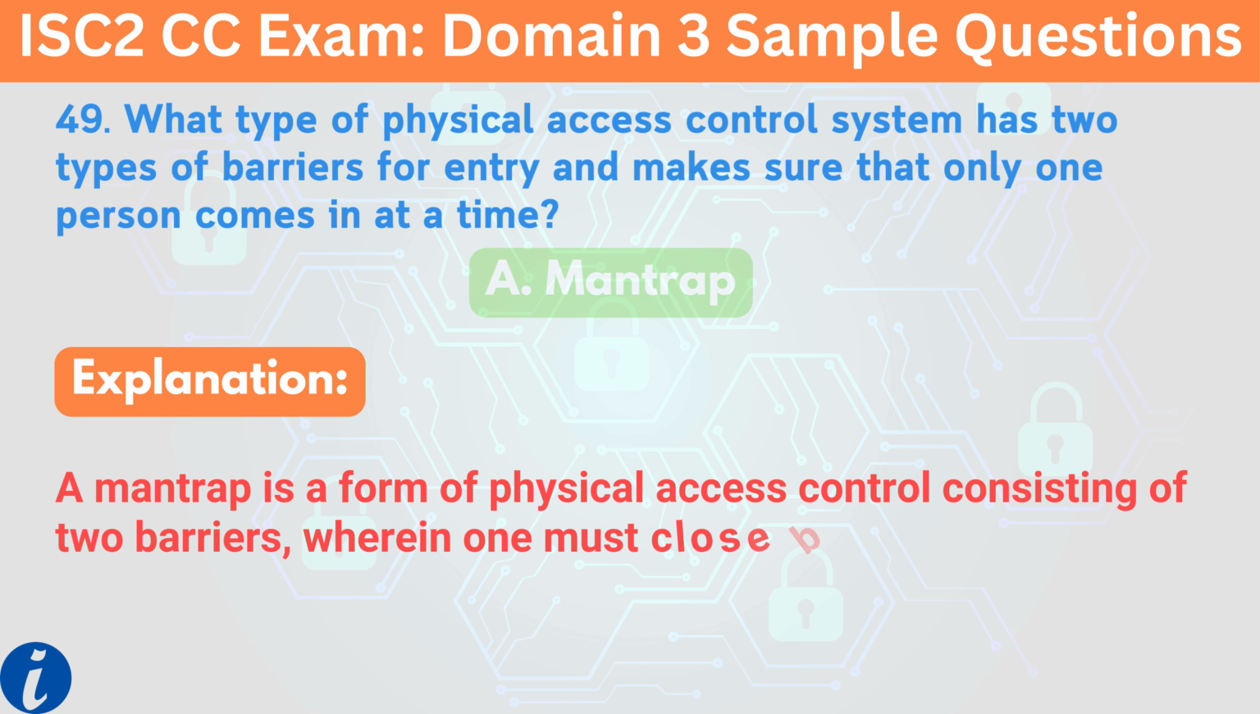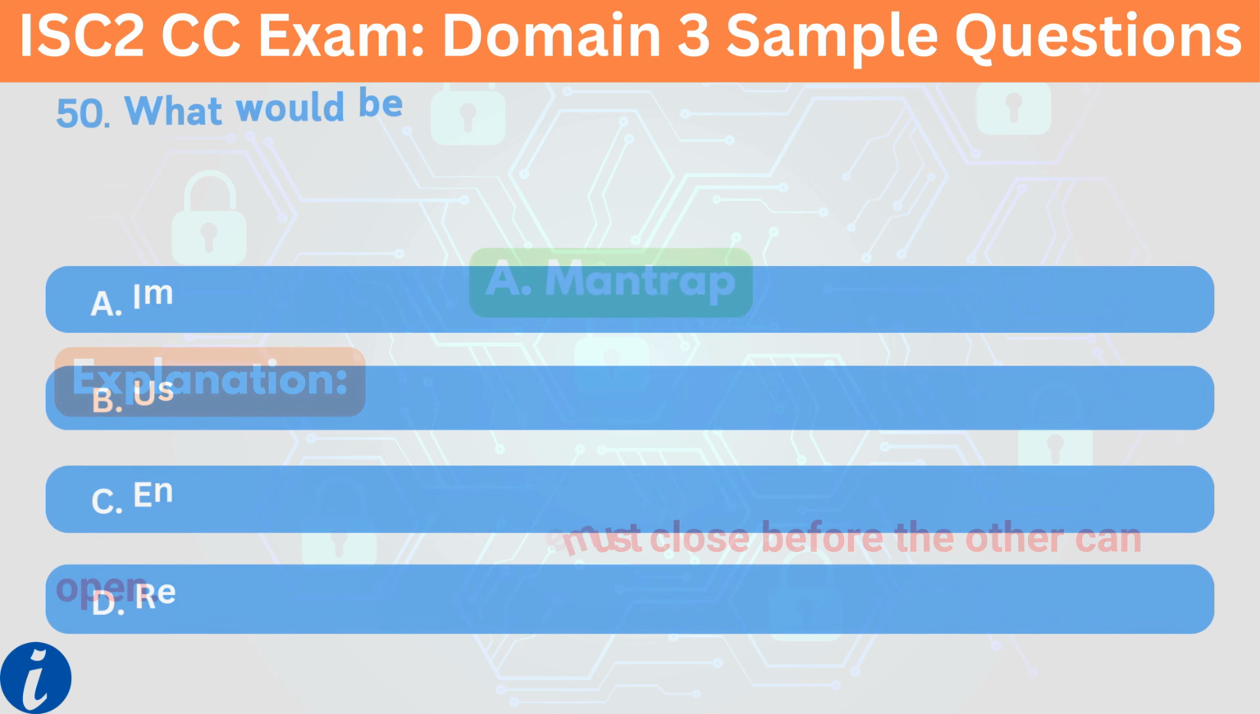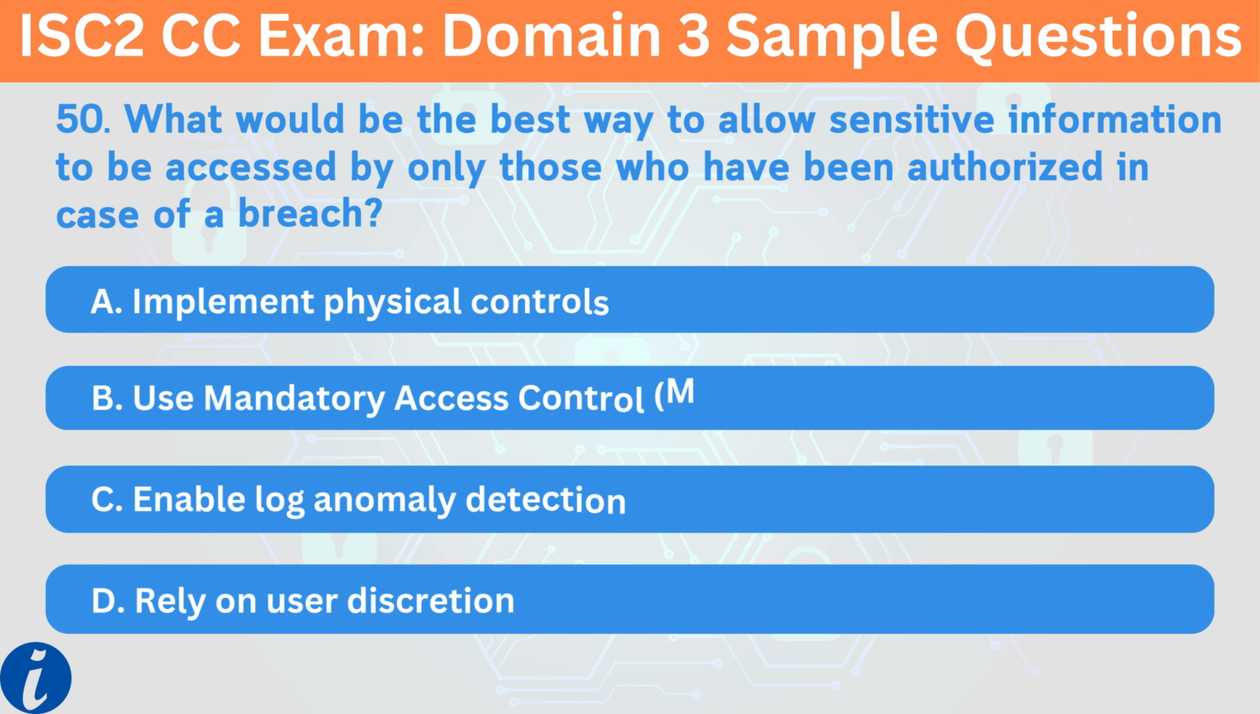Explanation: a mantrap is a form of physical access control consisting of two barriers, wherein one must close before the other can open. 50. What would be the best way to allow sensitive information to be accessed by only those